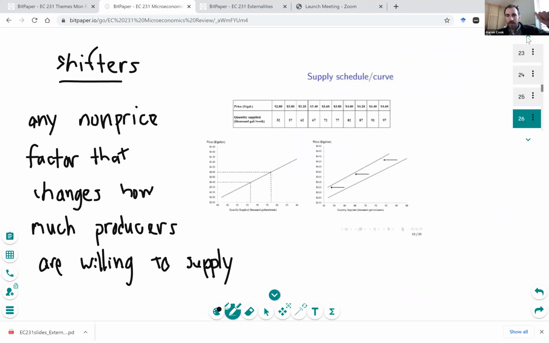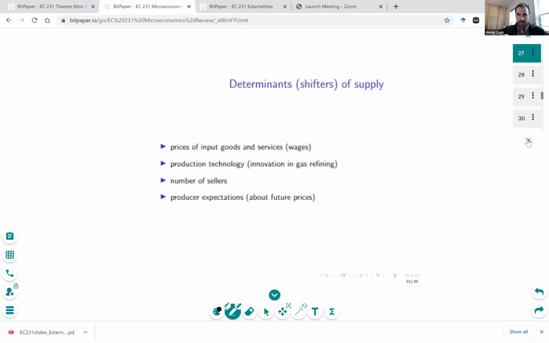So at a point in time, a supply curve is a map between prices and quantities. It's a bunch of price quantity pairs. But there's things that can shift the entire supply curve. So a shifter of a supply curve is anything that's not the price, which could change how much producers are willing to supply. These are some of the things that shift supply: the prices of inputs can shift supply. So